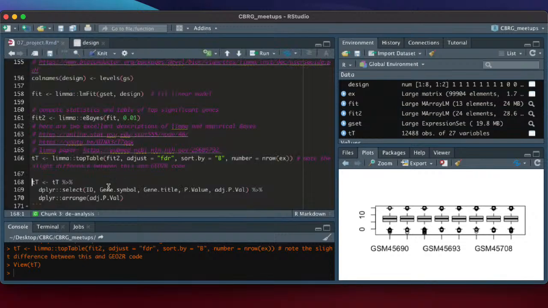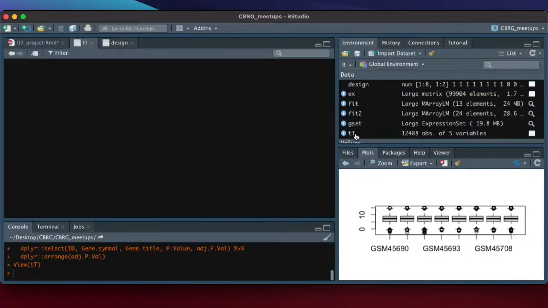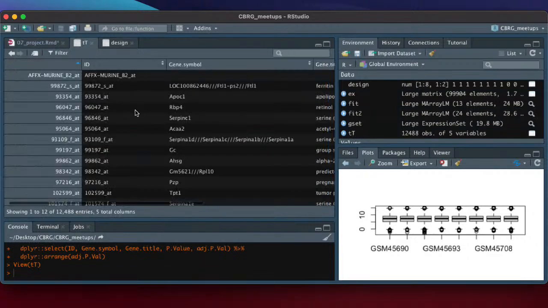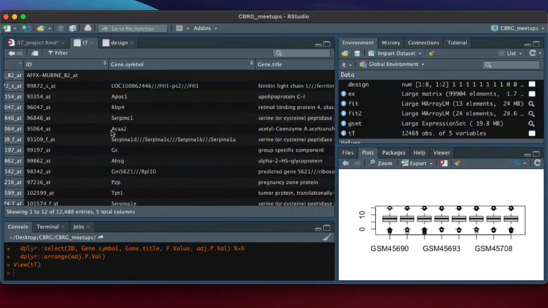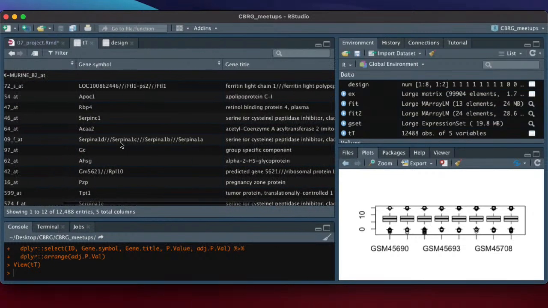So this final line here selects columns of interest. There might be other columns, but to start off with, I thought these were pretty important. And then you can arrange this in ascending adjusted p-value, so you start off with the most significant. If we run all of this and look at tt again, we now see we have Affy ID, Affymetrix ID, the corresponding gene symbol, gene title, p-value, and adjusted p-value. And the top gene is,